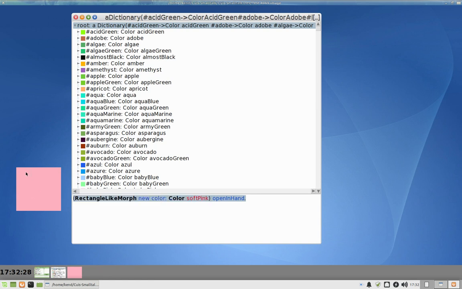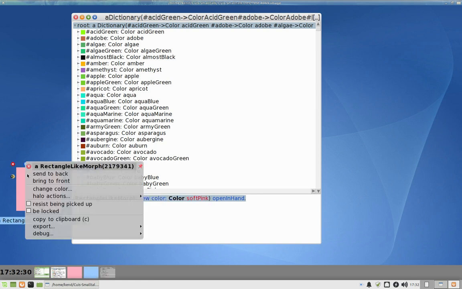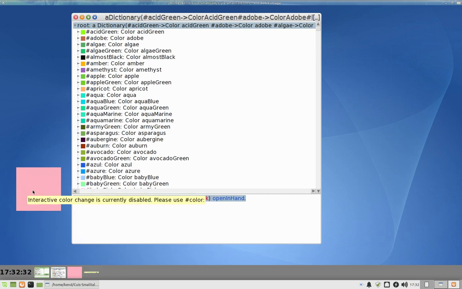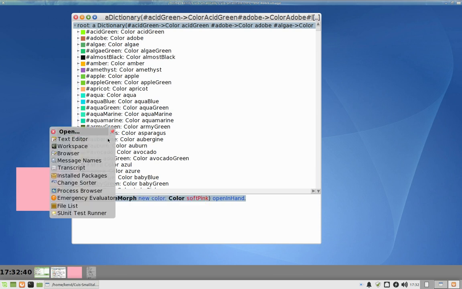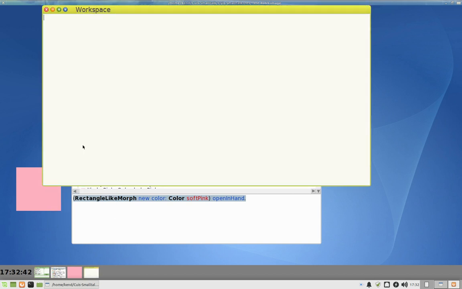We have, and it says please use Color. It's currently disabled, so we want to undisable that. And so we're going to open a workspace and say Feature require